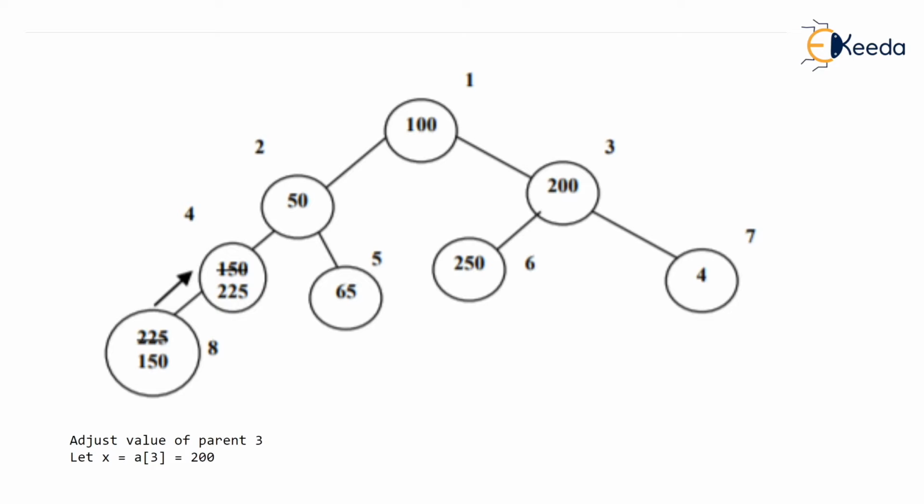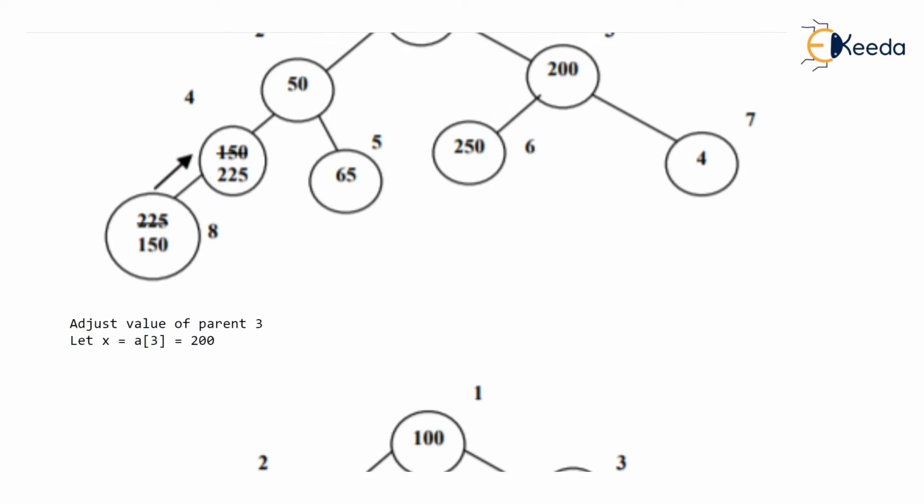The original value at the parent was 150, but we observed that this 150 is smaller than its child. The child is 225, so the larger value is shifted up, 150 is struck out and 225 is the value stored. And obviously now this 150 can go and settle at the 8th place. Now you can see that the 4th node is greater than the 8th node because the 4th node has value 225 and the 8th node has value 150. So indeed we have settled the last parent. That is what has been explained in this picture.